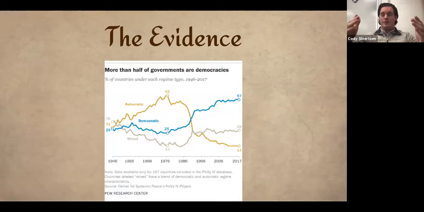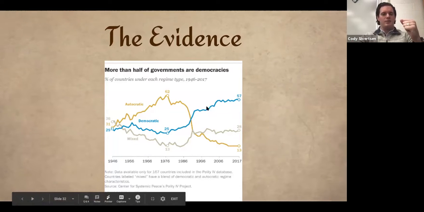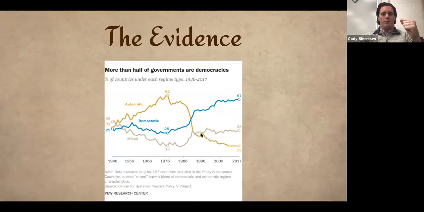And then this isn't complex or anything, but it gives, from the Pew Research Center, really the evidence behind this whole thing. Especially in the time of COVID, you've seen a lot of different authoritarian regimes grasp at more power, but truly what's stood the test of time is democracy trending upward, where more autocratic types of government systems are trending downward, and then you get the mixed somewhere in between. But 57% of countries are democratic.